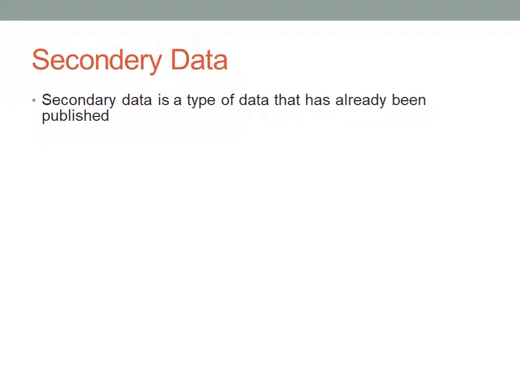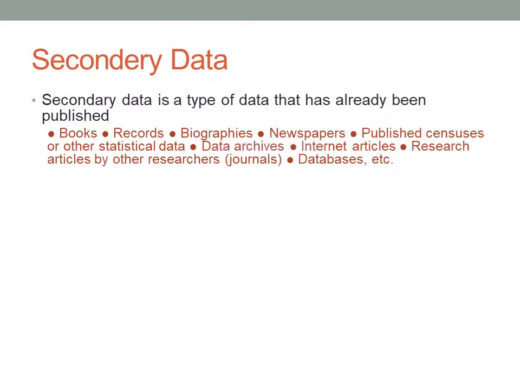So first we will move to secondary data. As I said before, secondary data is a type of data that has already been published. So where will it be published? This could be in books or previous records. In the case of medicine, you always have the epidemiology unit and other units. They annually publish records where you can have access to those data. And also in the case of